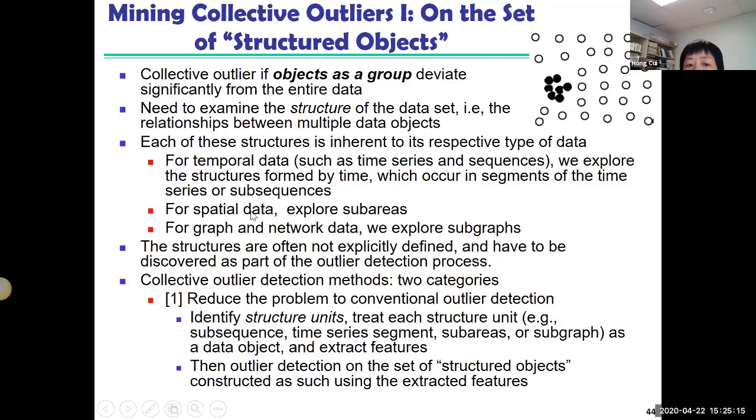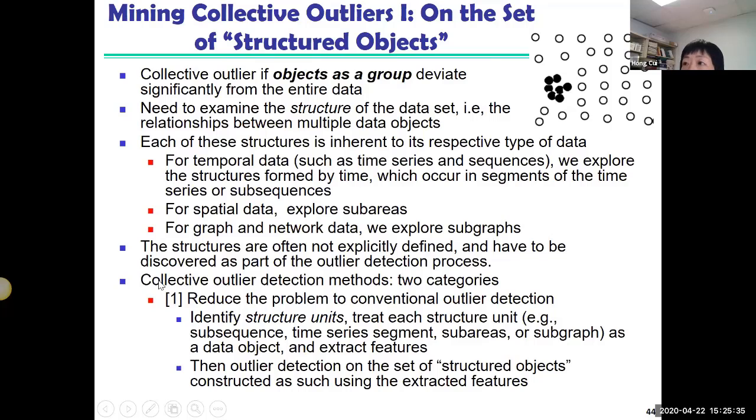For spatial data, we need to look at sub-areas, right? For temporal data, we need to look at the segments in the time, subsequences. For graph or network data, we explore subgraphs and see which of the subgraphs may be